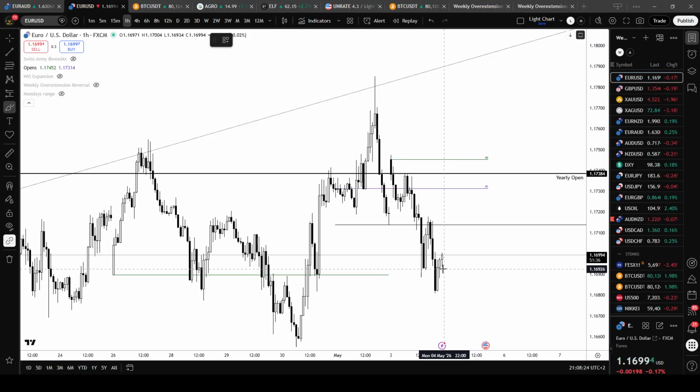So it looks like it's done. It's not going to go much lower today. I think the bottom for the day is very likely in. So I'm really interested in watching how price behaves at this level,